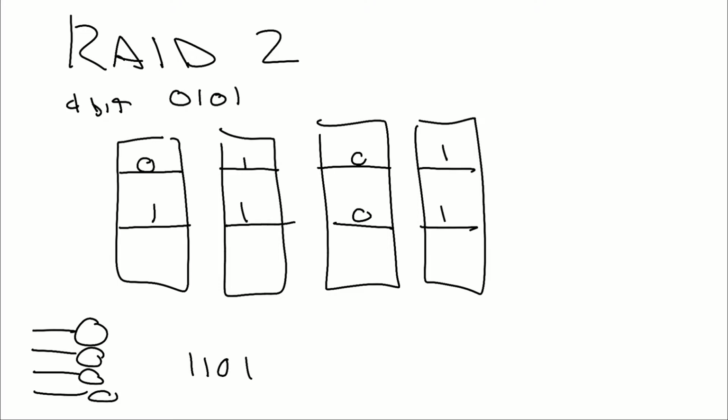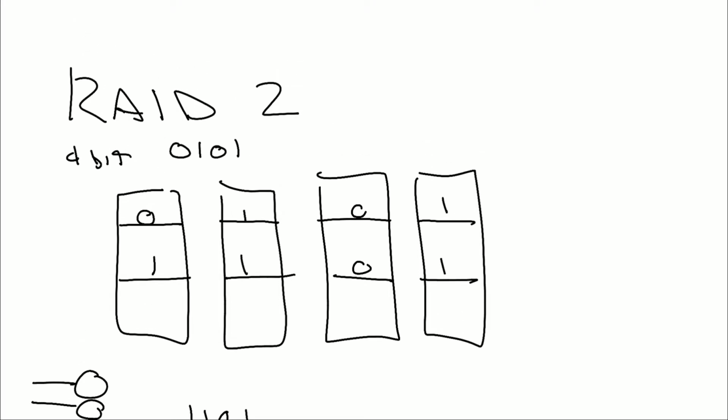If you do it this way, it's kind of like a RAID 0, but we're doing it at the level of bits instead of stripes. The big difference here is that we are not just storing bits, but we're also storing check bits. RAID 2 is basically going to be using Hamming code